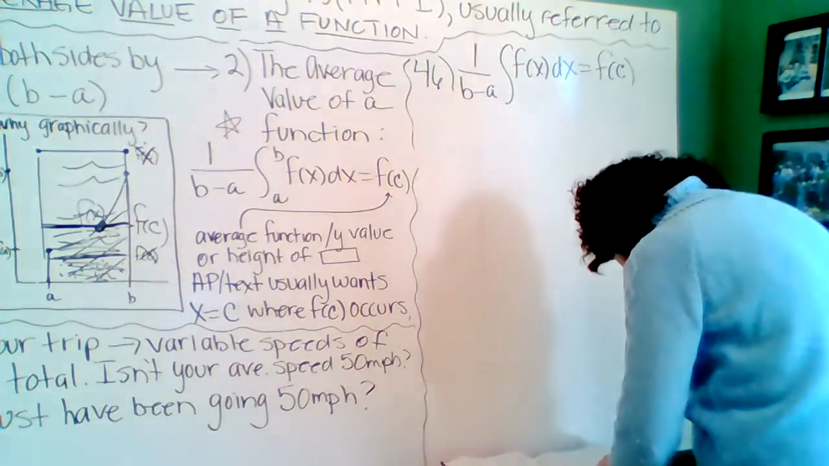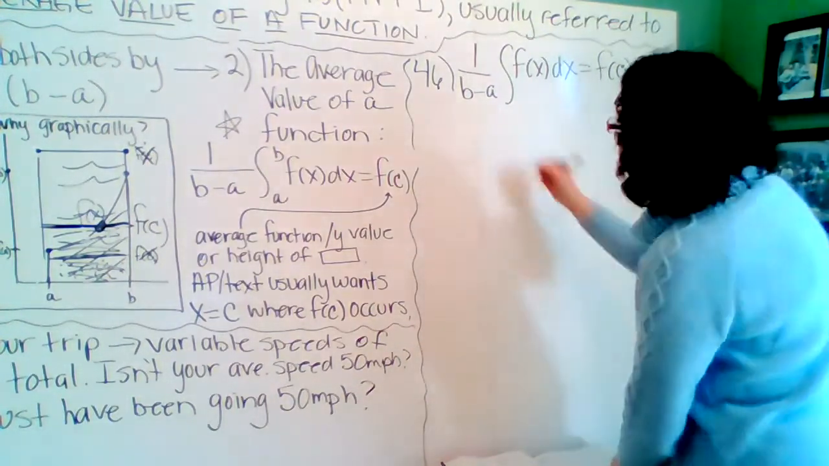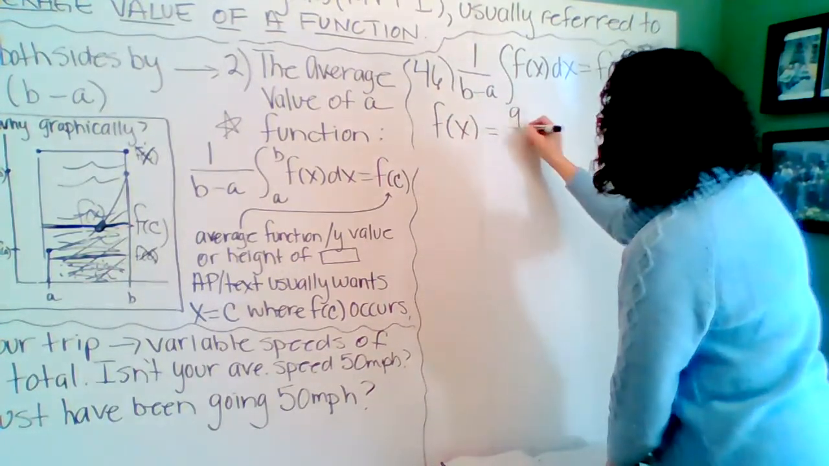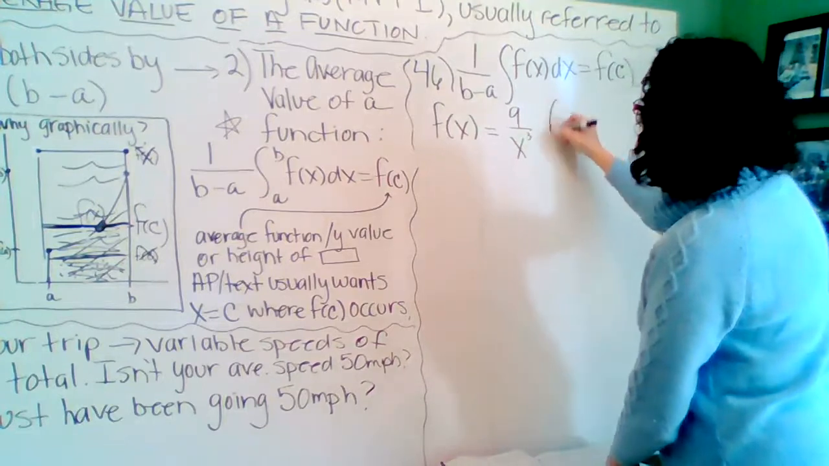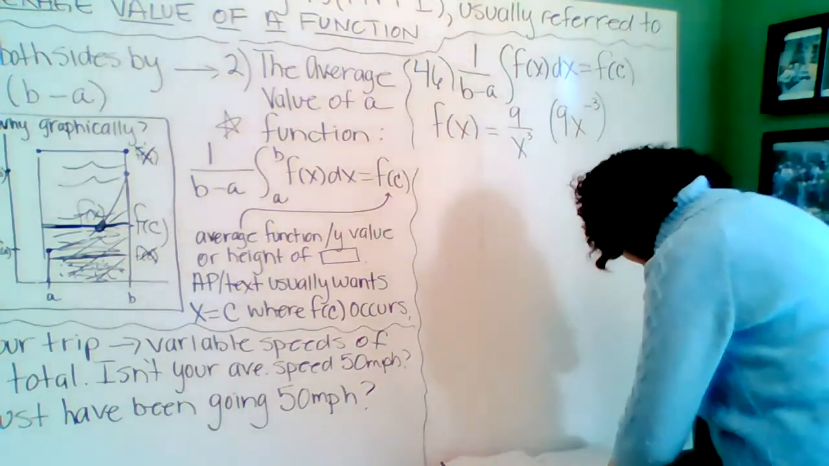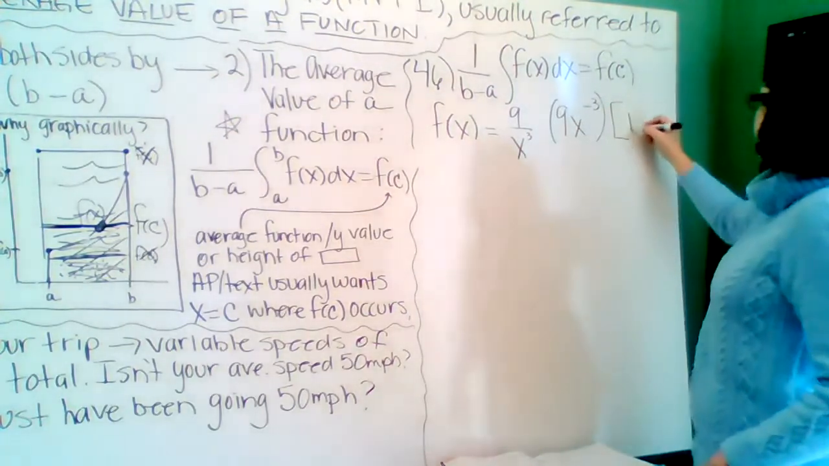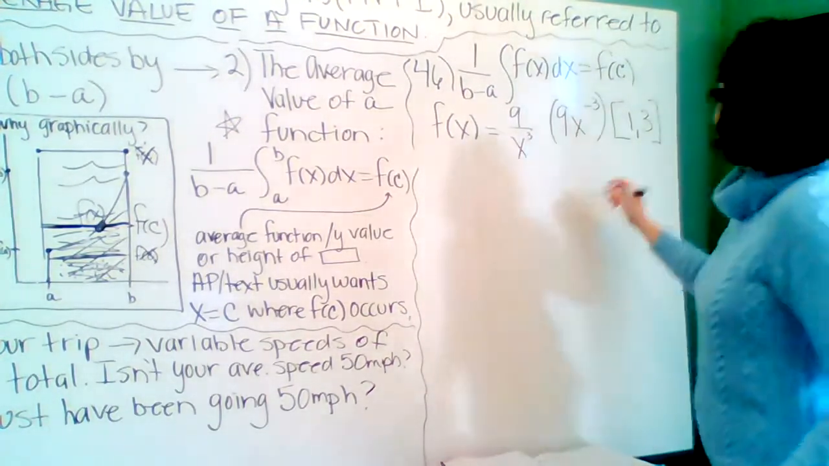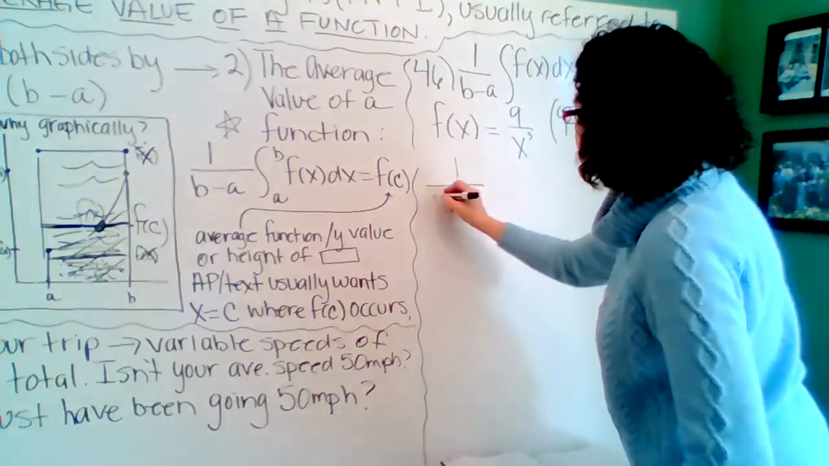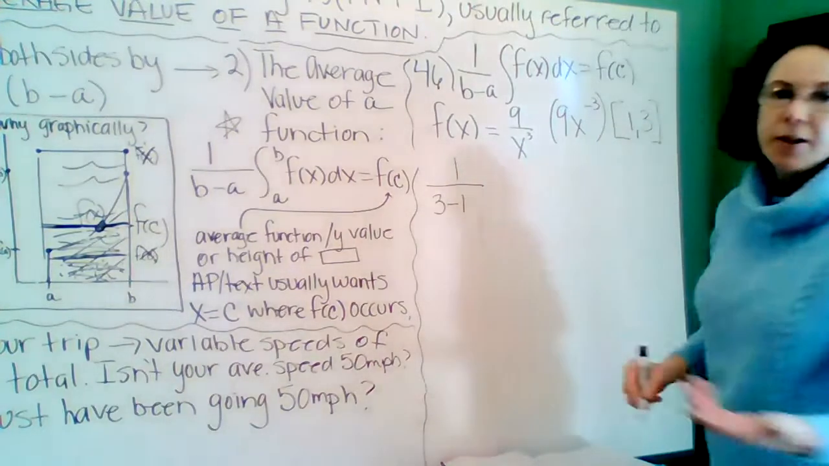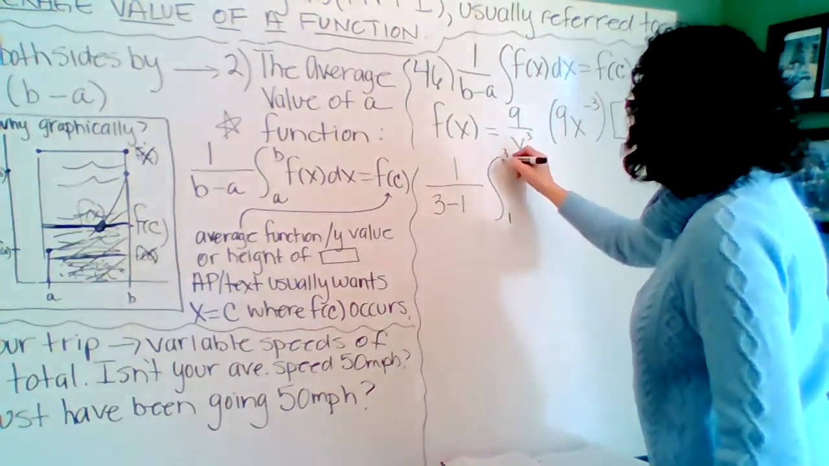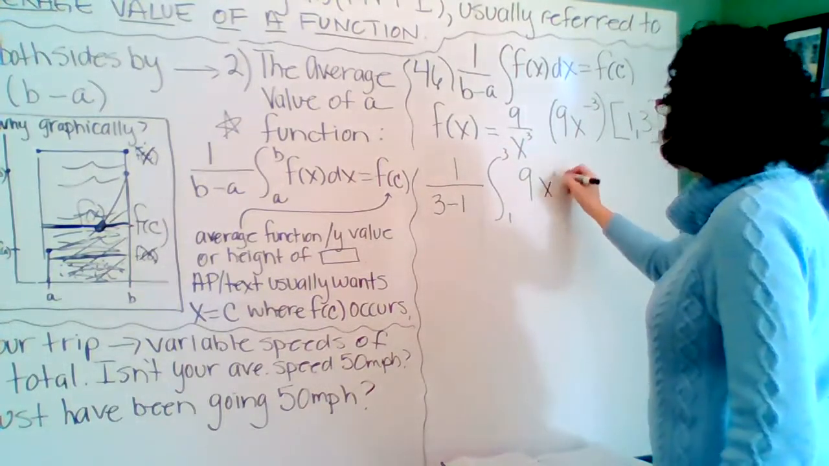So on number 46, what they gave us is 9 over x cubed. If you don't mind, I'm just going to call that 9x to the negative 3, because when I integrate, I need to see that power, from 1 to 3. Here's my a, here's my b. So that is 1 over 3 minus 1. Obviously, you can just write 2, but I don't want to lose anybody. From 1 to 3 of 9x to the negative 3